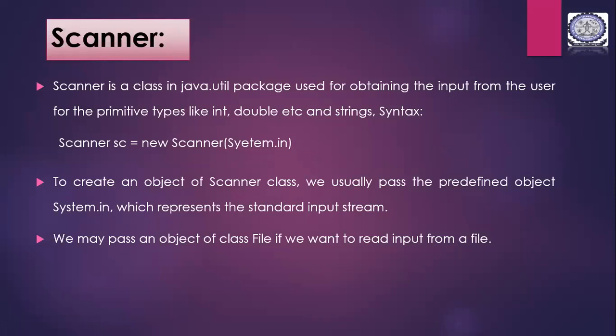Okay, the syntax for this is we use scanner, we give the scanner class name. Along with it, we define a new object for that particular class called sc. So sc is the object name. You can give this as anything. The scanner should be there. You will define a new object and you will give a memory location to it using the scanner constructor. And you will pass a predefined object called System.in, which represents the standard input stream.